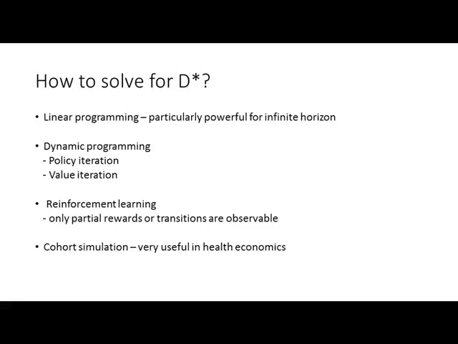Because after all, we do not know what's happening well enough, right? There are a lot of things that we are not sure about. For example, we can only observe, or we can only estimate partial rewards or partial transitions. We do not know how the rest of the world works. What if only partial rewards and transitions are observable? That means you have to learn from your decisions. You have to learn as your understanding evolves.